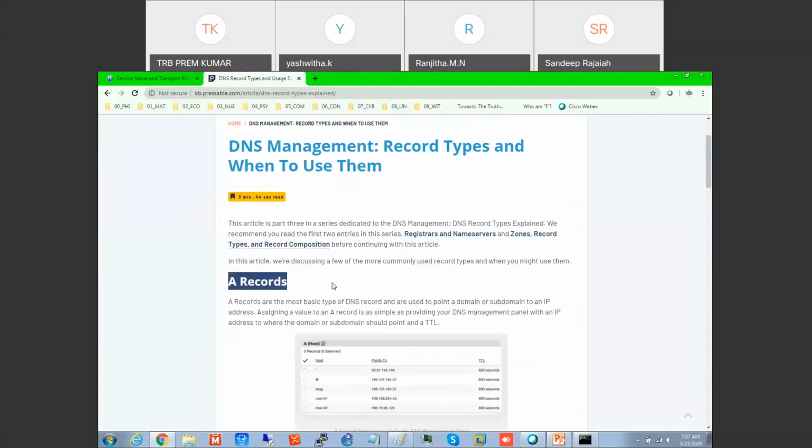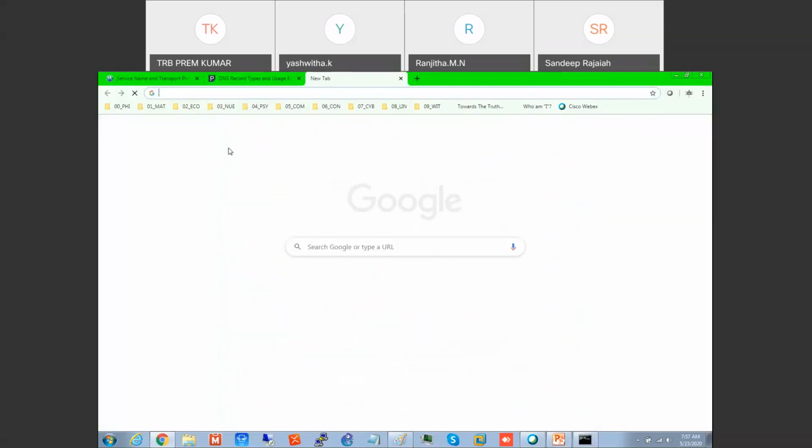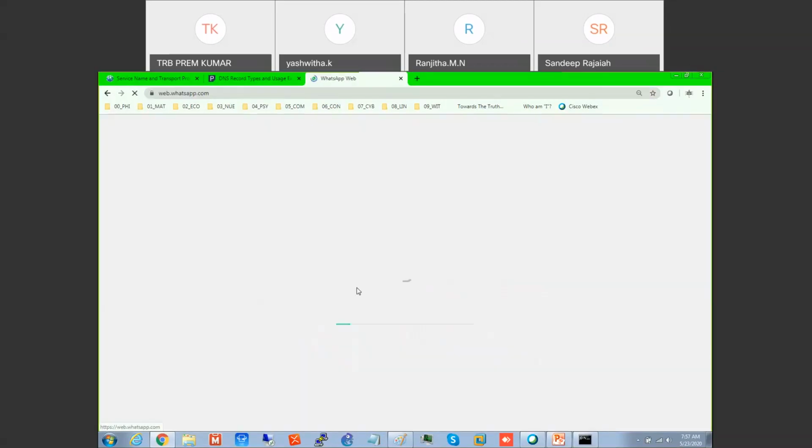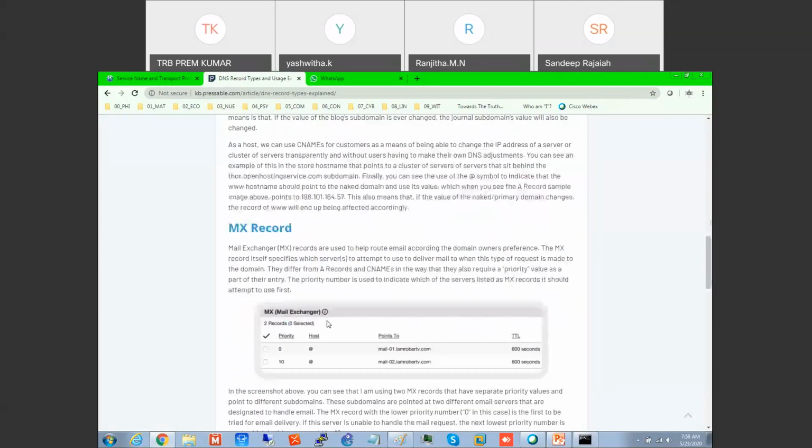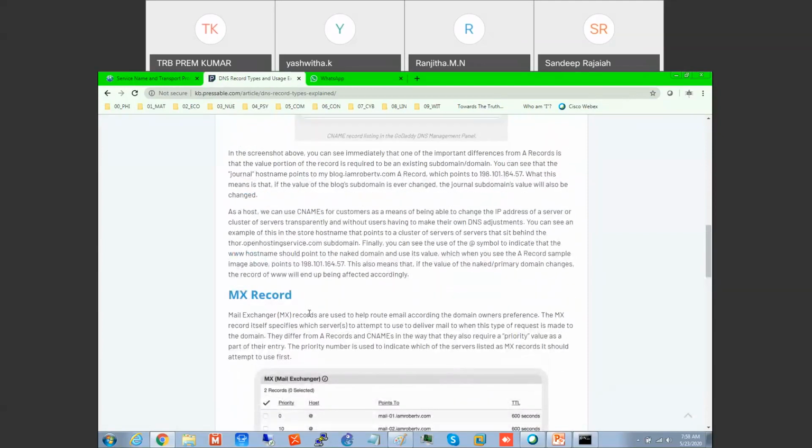So what we discussed is the A record. What is an MX record? You can see here, MX record is used for email routing. MX record specifies the server which attempts to deliver mail for the domain.